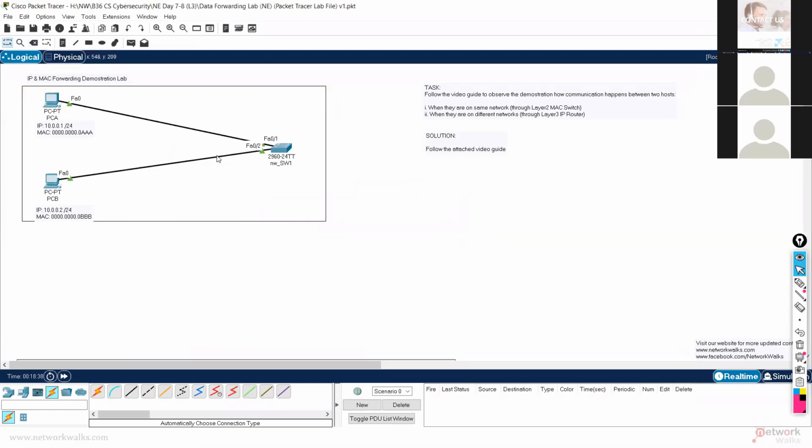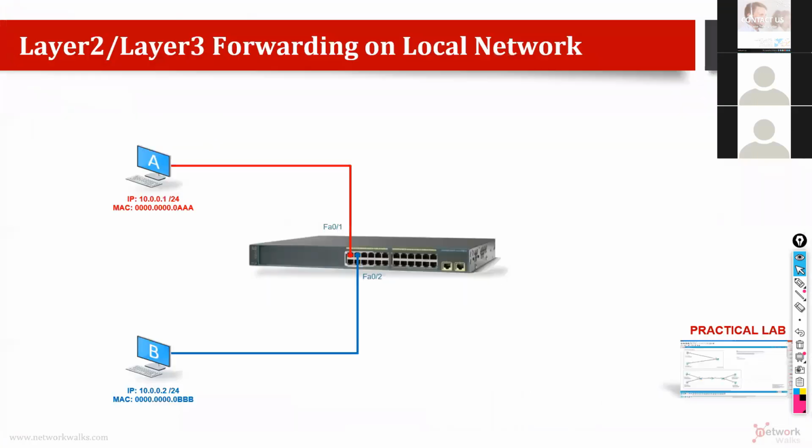In this lab, you guys have to complete this lab. There is no PDF with this one. You just have to follow this video lecture and try to simulate and do the practice yourself and observe how it happens. Mainly you need to understand this. So here also we have this scenario, and the scenario here in PowerPoint, they are the same.